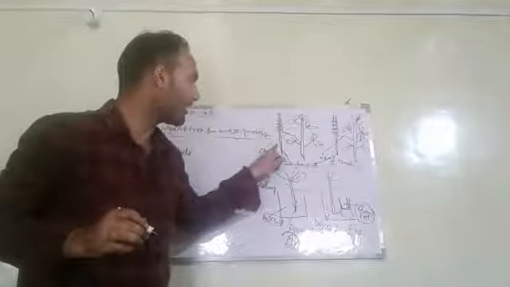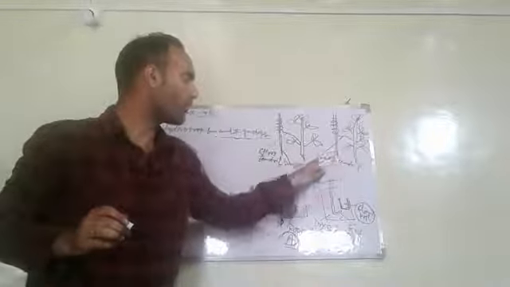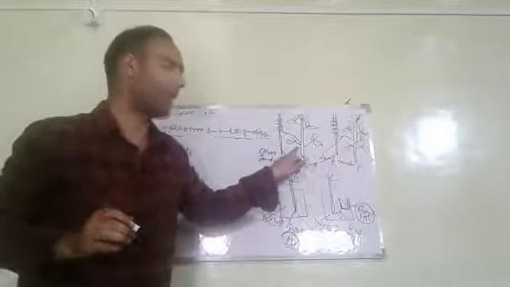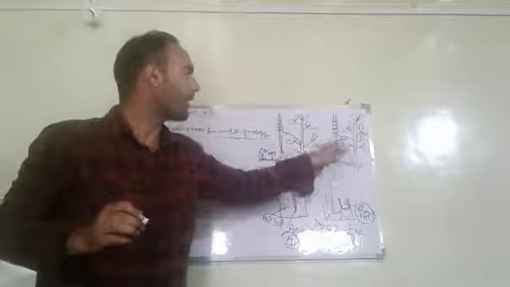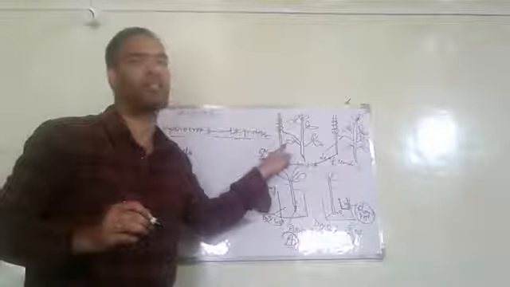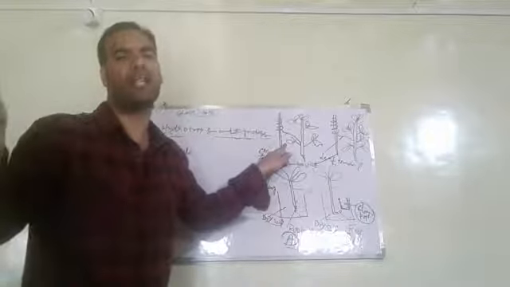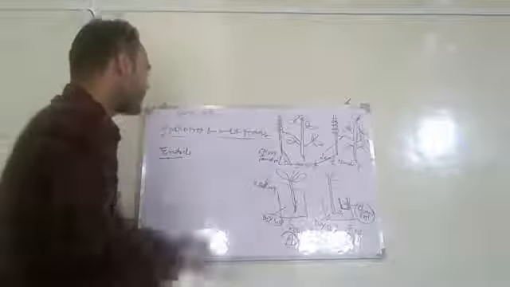Solid support here is bamboo stick. Here is also solid support which is called bamboo stick, and this is a plant. This is also a plant. Here this is stem tendril and this is leaf tendril. Solid support here is bamboo stick, or we can take any other stick or any other thing. It may be a wall or it may be some kind of support.